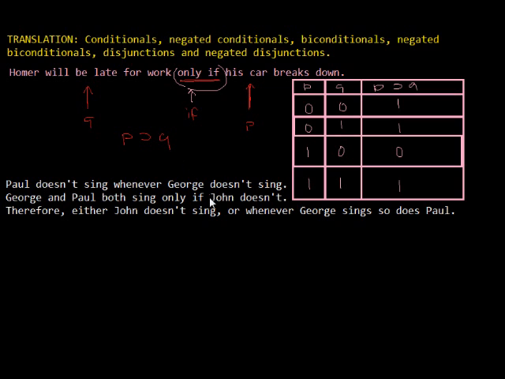Now let's look at the truth table for P horseshoe Q, to see if that really means Q only if P. And immediately we'll see that actually it doesn't, because in this row the horseshoe connective is indeed true. However, the atom Q is true when P is false. So what the horseshoe is actually saying is that